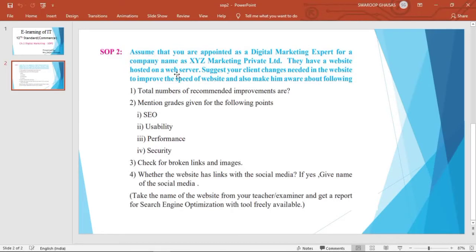Question is that assume that you are appointed as a digital marketing expert for a company named XYZ Marketing Private Limited. They have a website hosted on a web server. Suggest to your client the changes needed in the website to improve the speed of the website and also make him aware about the following things.